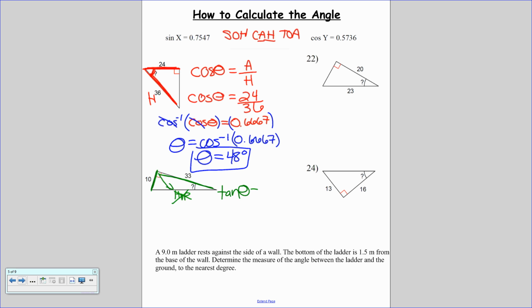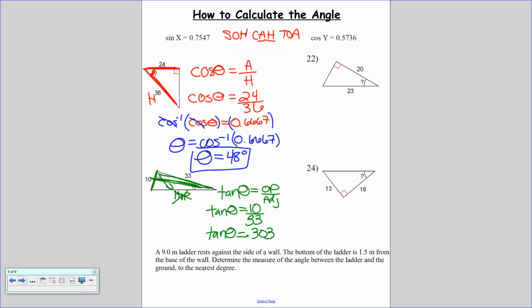So tan of theta is TOA, so it's opposite divided by adjacent. Okay, so tan of my angle is equal to opposite. So I looked at which side is opposite the angle, and that would be the 10, divided by adjacent, the one touching the angle, is 33. So I get 10 divided by 33. So tan of theta is equal to